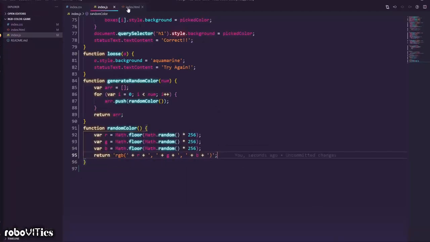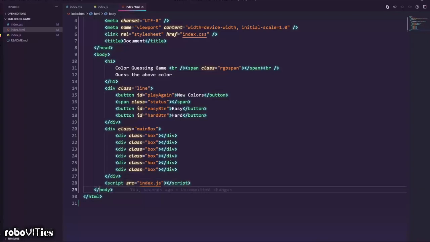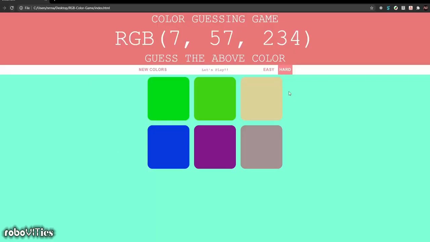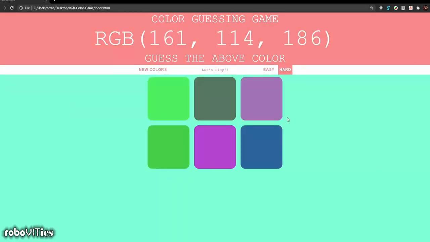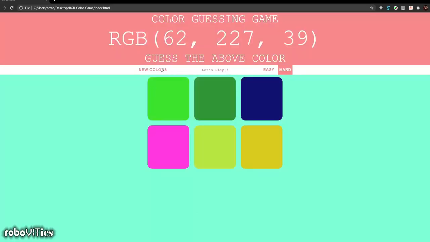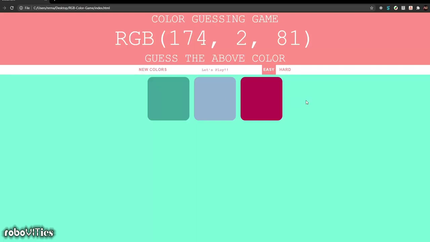Now we can save this file, save the HTML. Make sure you add the script as index.js. You can go to the website, reload the website. You can see a random color has been printed over here, and then you can start selecting. So when a wrong color has been selected, it shows try again and this disappears. Then we can again click new colors, which resets the game, and select. So when we win, all the colors are set to the winning color and this background is set to that. We can again click play again, it changes. We can change the difficulty to get these 3 boxes.